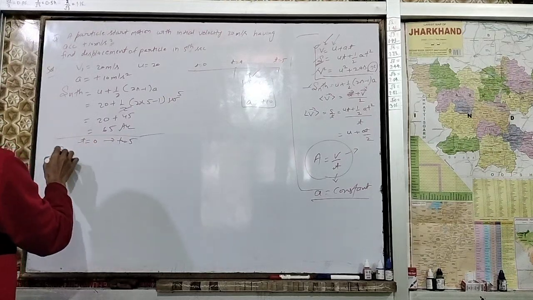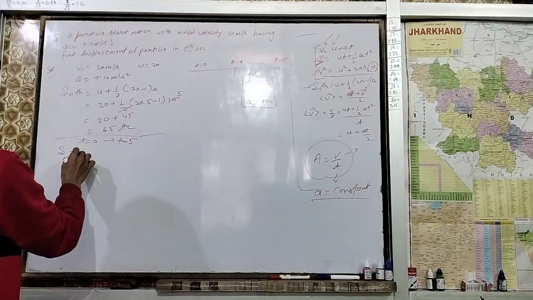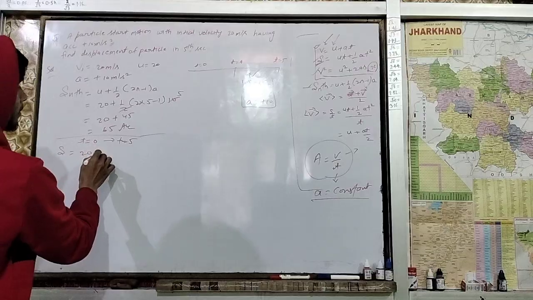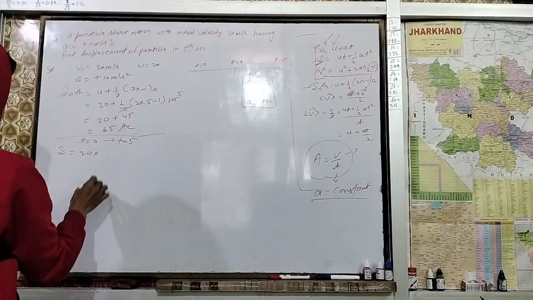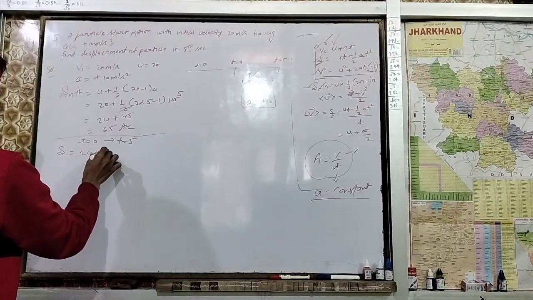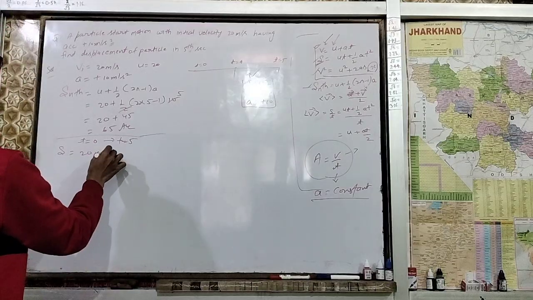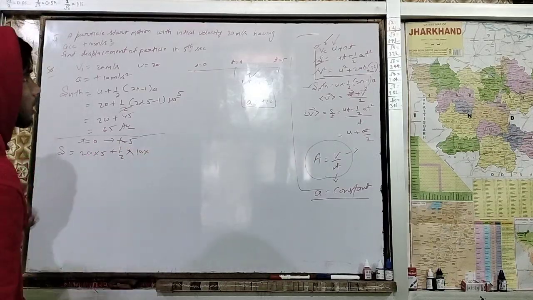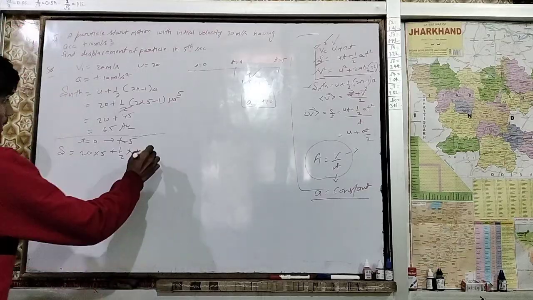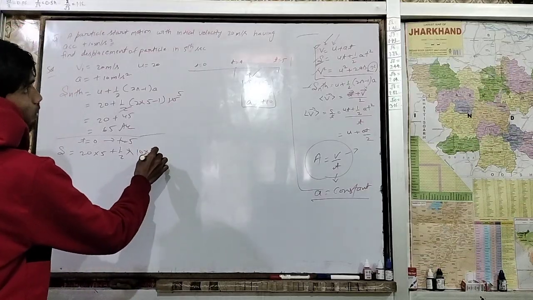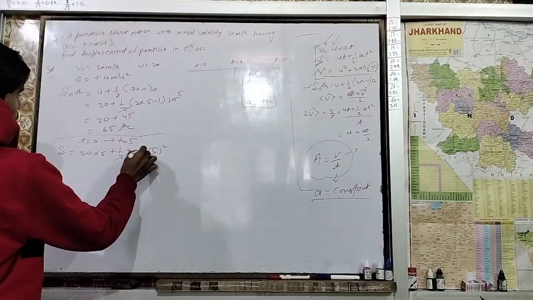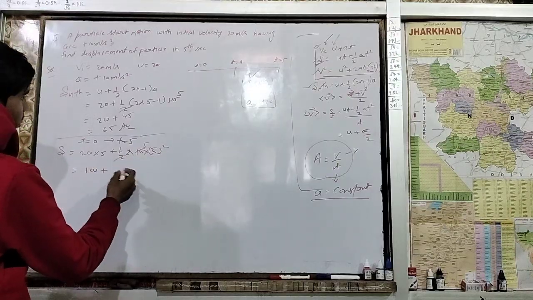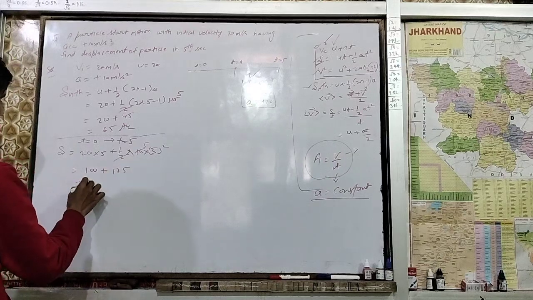In that case, our displacement would be u is 20 and t is 5, total time is 5, plus 1 by 2 multiplied by a, which is 10, multiplied by t, again 5, raised to the power 2. 2 5s are 10, 100, plus 5 5s are 25, again 200, so 200